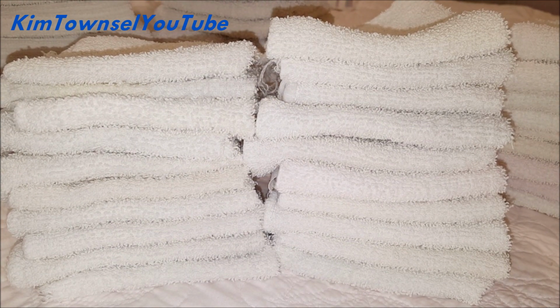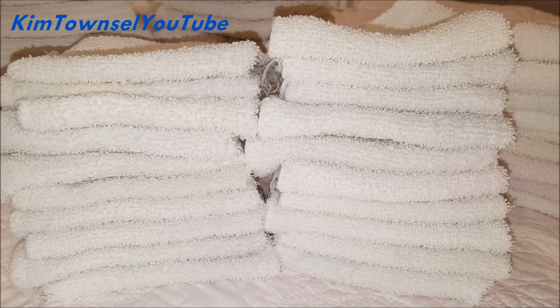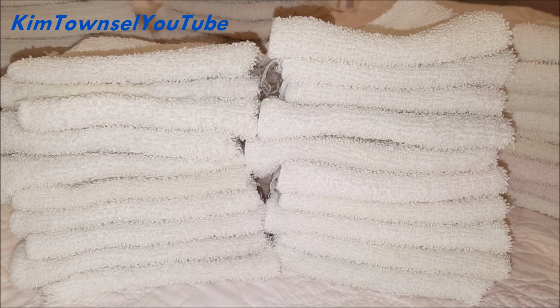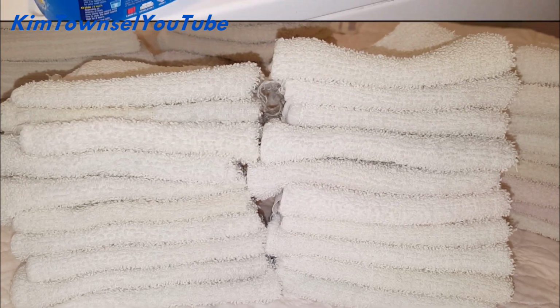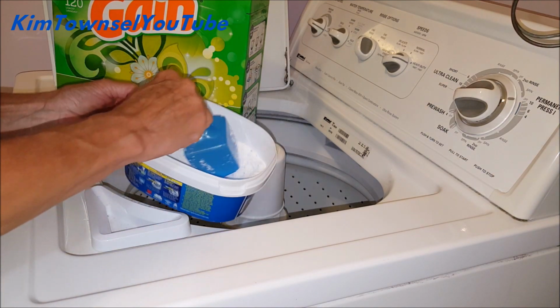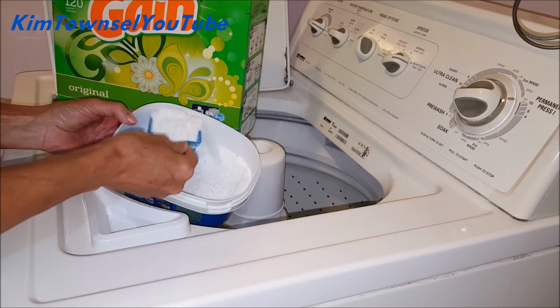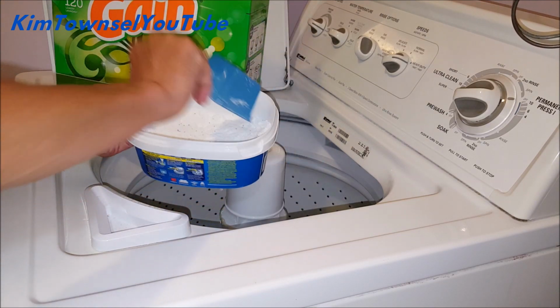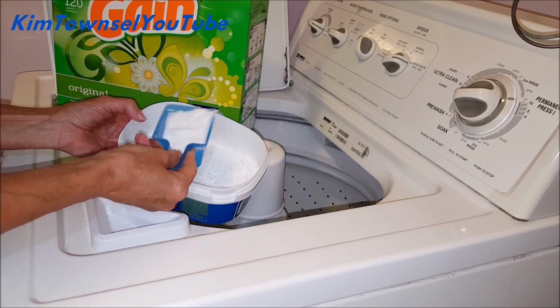Not that I see. I guess if I want to get these really, really white, I'm going to have to do the soak thing where I put way more OxiClean in there than what I did today. I'm going to use 3 scoops this time. This scoop is really not suited for this type of container. And I'm going to put 3 scoops in here and let it soak a little bit longer,